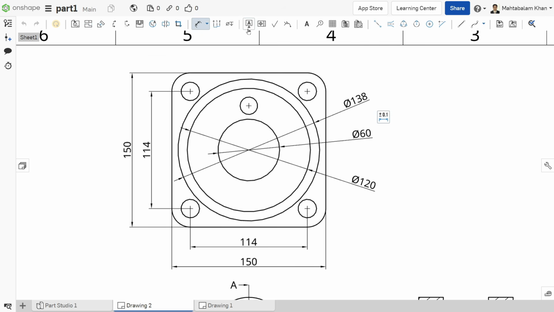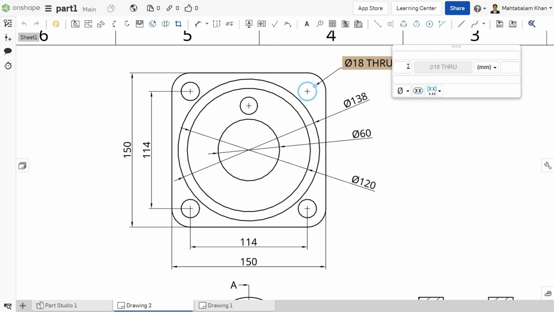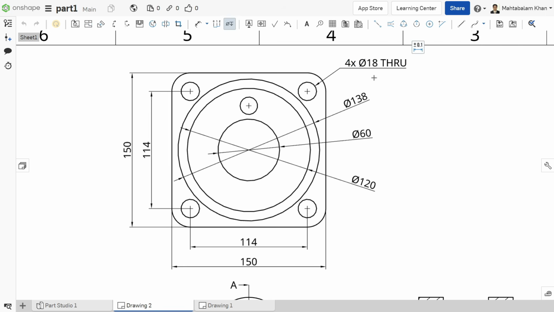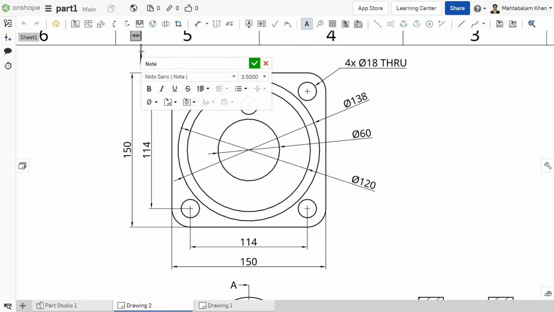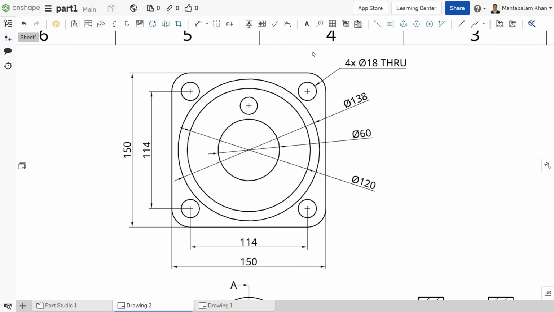Now here one option also, hole callout. If I am going to choose like this, if you click this, you can select simply 4 times. Okay. Now here one option called note. Even note you can use for the purpose of, no, I'm not going to use, I'll choose this simply.